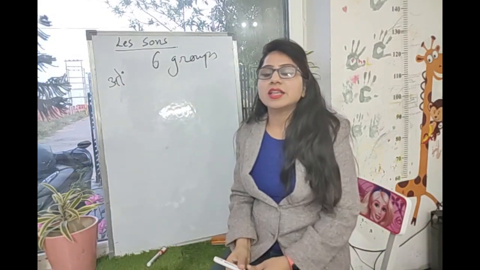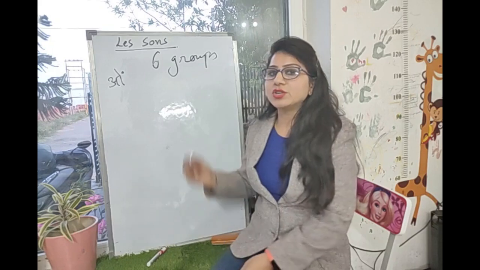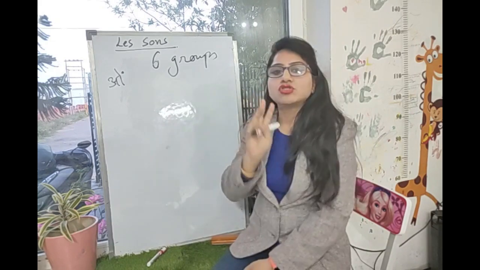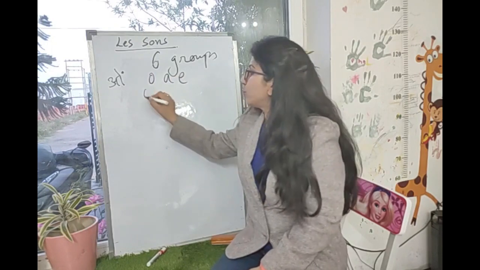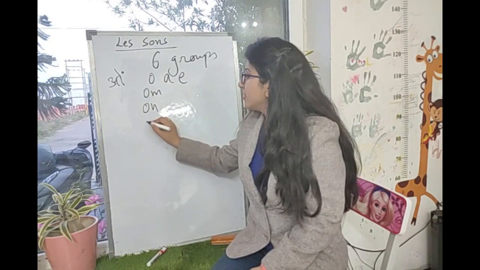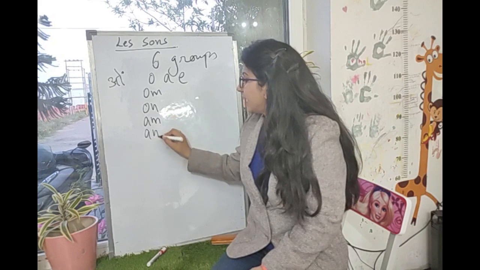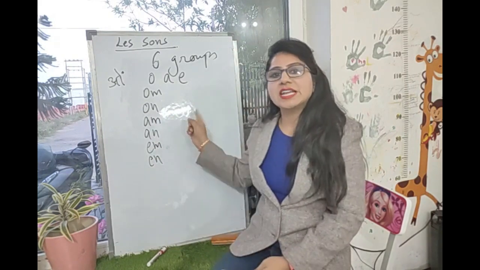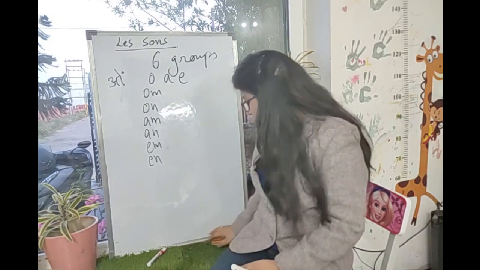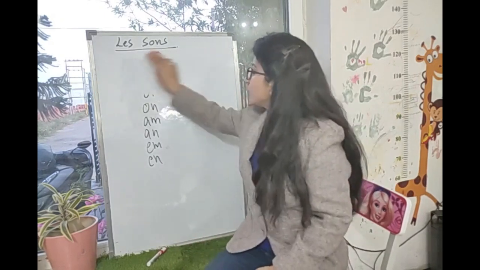The first group is on. In this on group, I taught you that you need to just remember 3 letters O, A and E. And you have to put MN, MN and then you will get 6 sounds. You can check this video. This is the first group of sounds. And then the second group of sounds